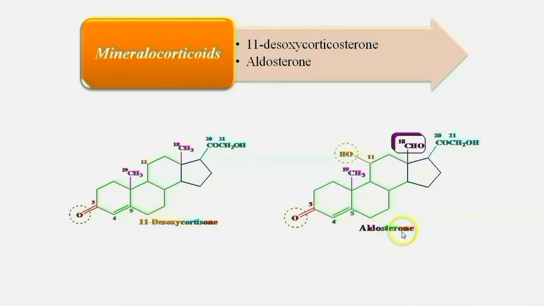Next is aldosterone. In aldosterone again "one" is a suffix, so at the third position this ketonic function will come, and between the 4th and 5th carbons there is unsaturation, and this aldo indicates an aldehyde group is present in this structure. So at the 18th position this aldehyde function will come, CHO is aldehyde. At the 19th position the methyl remains the same as that of cortisone. At the 11th position again a hydroxyl group is present in aldosterone, and at the 17th position COCH2OH is present, the same as that of cortisone.